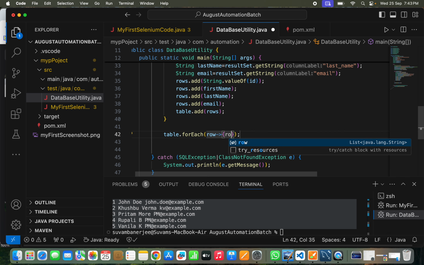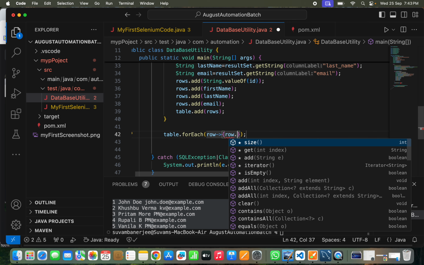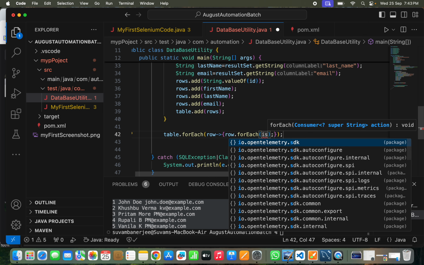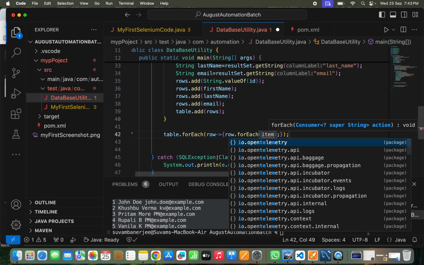For each and every row, dot for each. Suppose this is my item, this is my item,